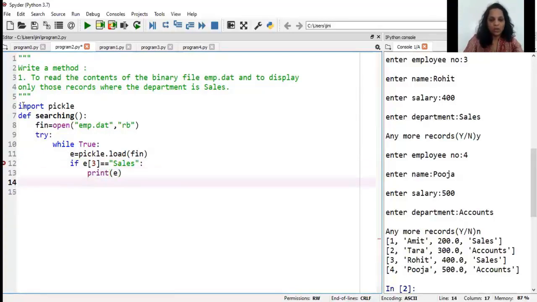Now this becomes an infinite loop. When it comes across the end of file, it will come to the line called except, and it will come across the error called EOF error. And if it comes across EOF error, what is the thing that I need to do? I need to do nothing. So when I say I need to do nothing, I write the word pass. And finally, I close the file. So I have